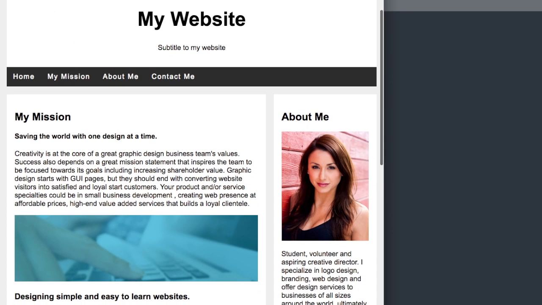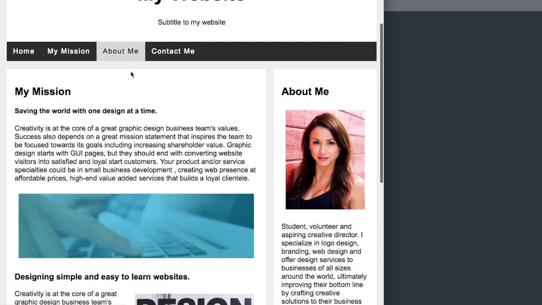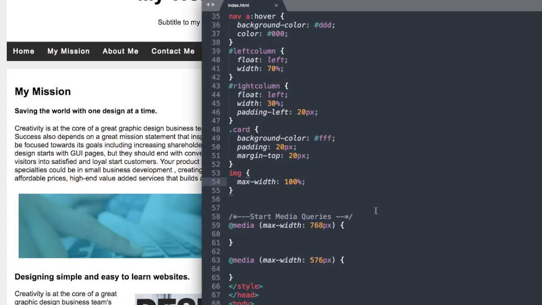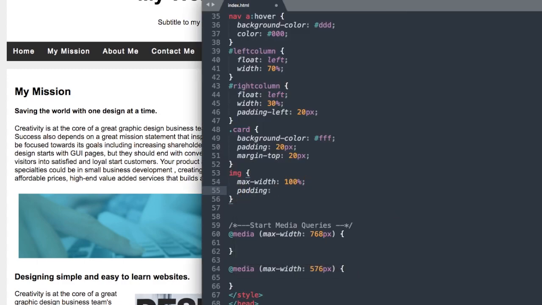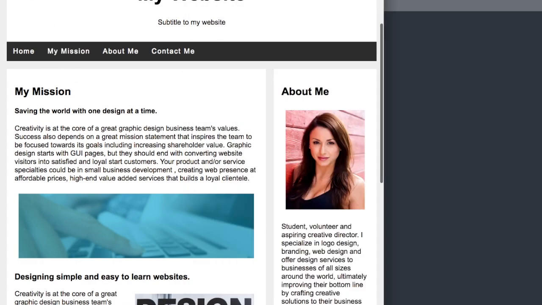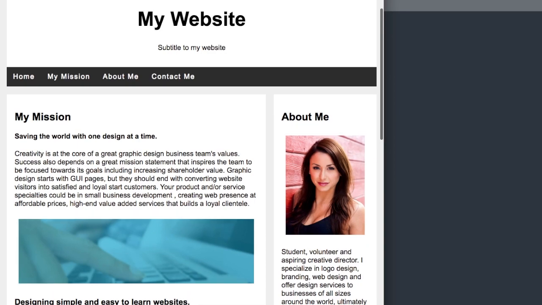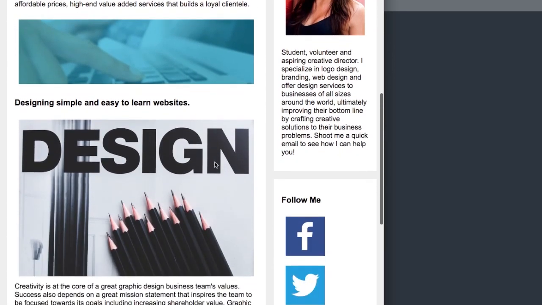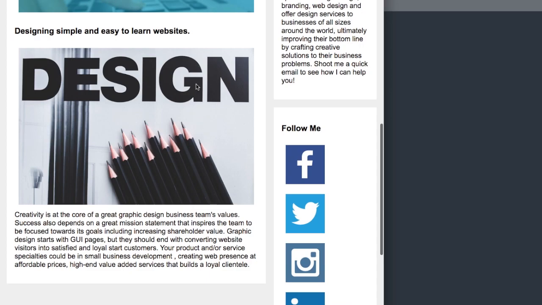Okay, and that looks pretty good, but if we check the original, I think they have some padding also off to the sides. So we'll give them a padding all around of 10 pixels. And now let's go and refresh. Okay, and now there we have it with the padding, and it's looking just like the original